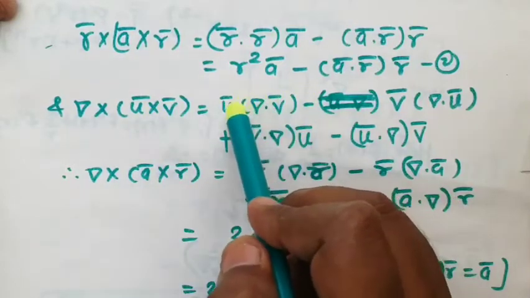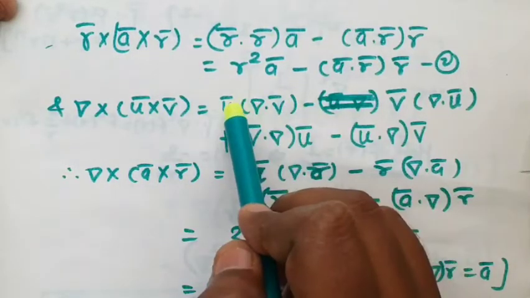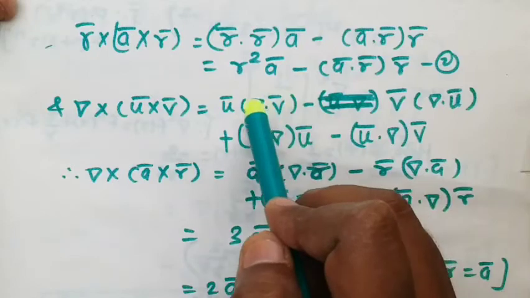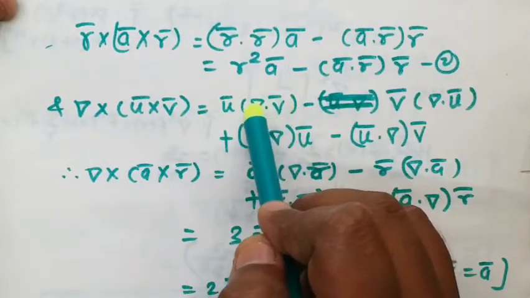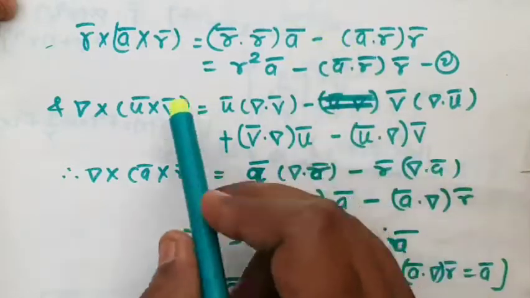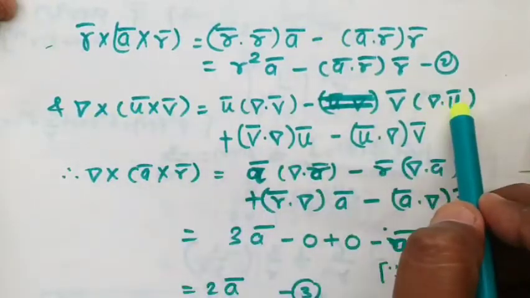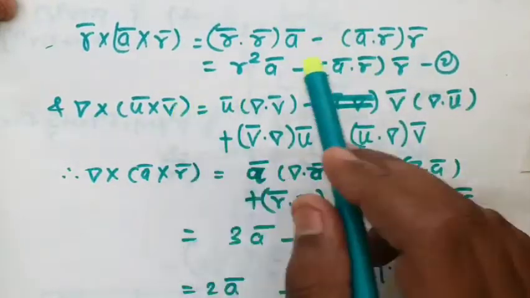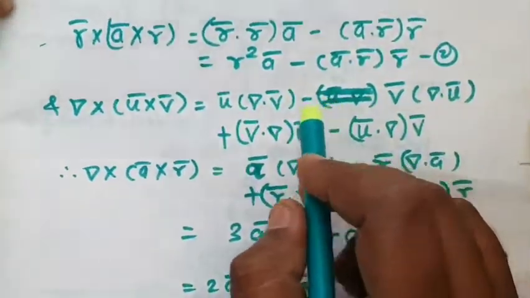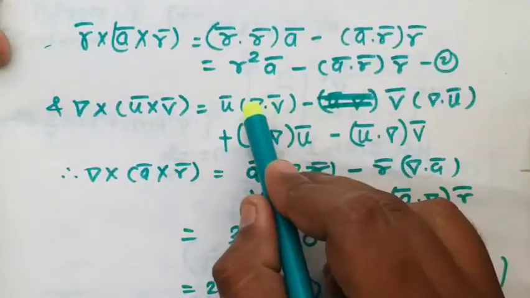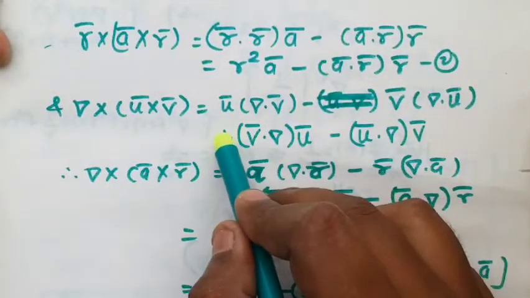Now instead of writing this u bar on this side, we are writing it here. That care you have to take. That u bar you write in the beginning. First dot third, second you write before this product, minus sign. First dot second, del dot u bar, into the third, that is v bar. That v bar you write in the beginning. Now after writing these two terms, how to write the next two terms? This term is plus, this term is minus. Again the next terms are plus and minus.